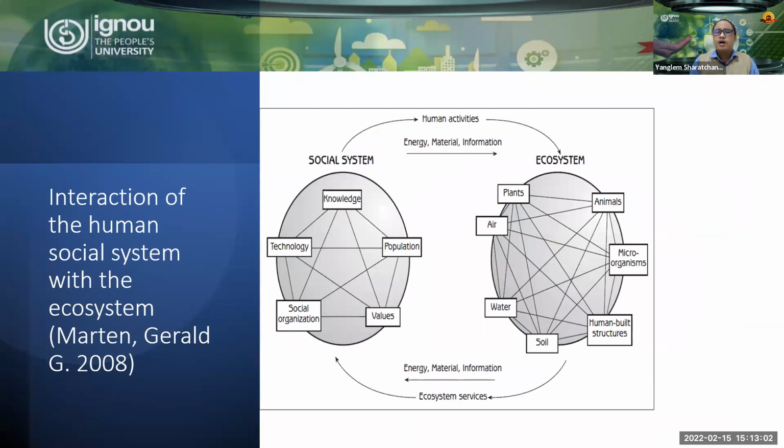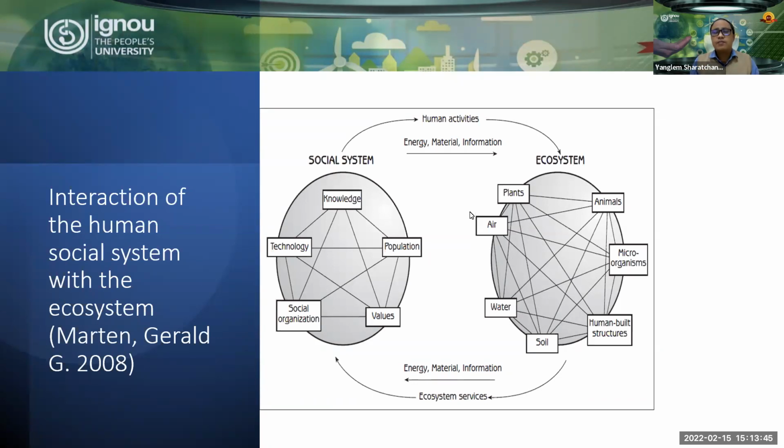If you look at how the interaction of humans and the social system with the ecosystem is happening, you will see in this diagram that the social system is everything about people, right? About the population, and the psychology and social organization that thrive in the environment. Your psychology and your social organization are directly related to the environment, or the environment influences how we manage the social environment. Revisit how our civilization started and you will find this easily, right?